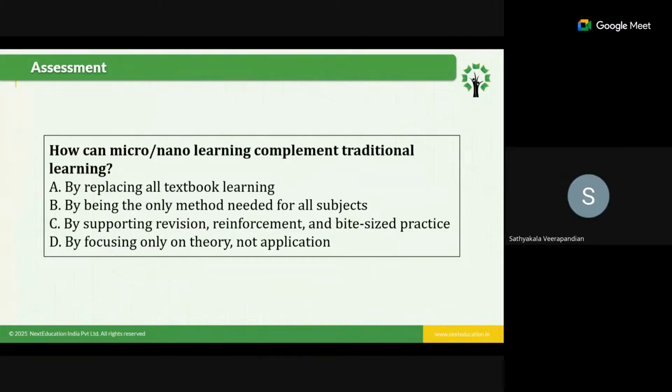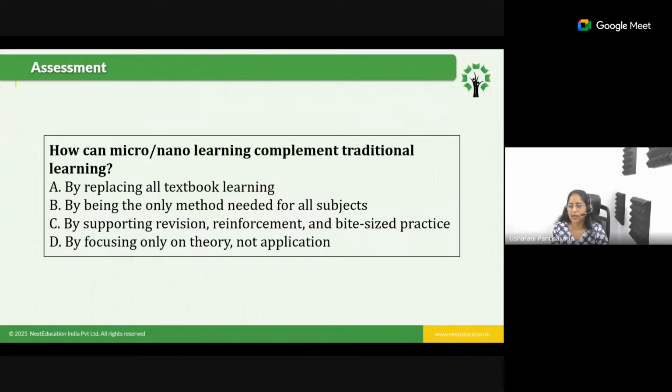By supporting revision, reinforcement, and bite-sized practice. Right. Because here, by replacing all textbooks, no, that is a traditional one. By being the only method needed for all the subjects, no. By focusing only on theory, not application, no, because we want to focus on both of them, even the application part